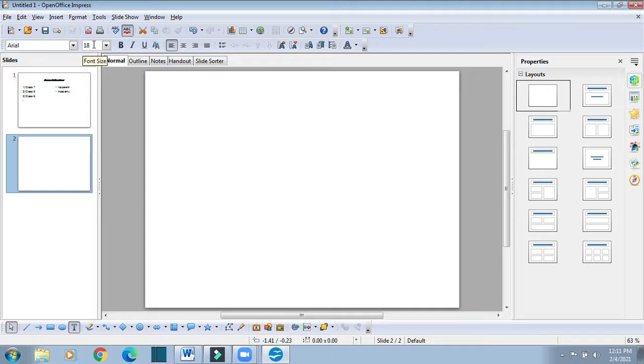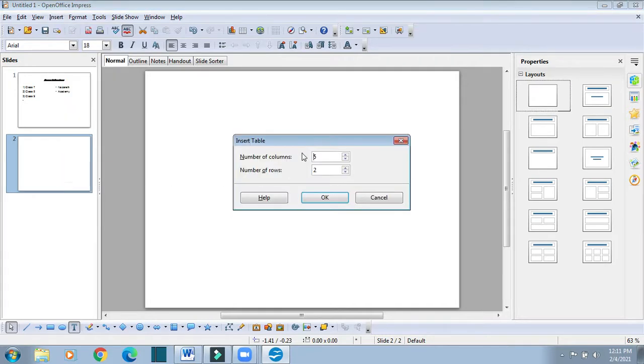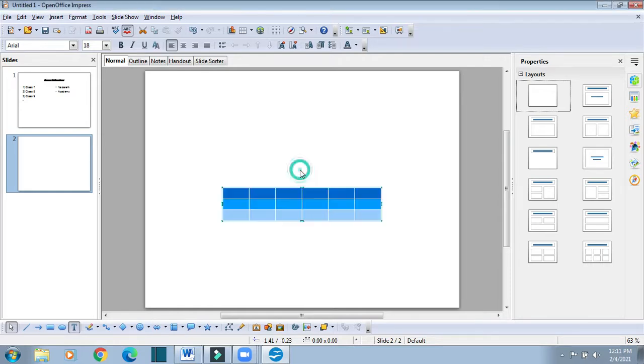For inserting table, the menu will be insert menu, and from here we will select table. Click on table. It will ask us how many number of columns you want and how many number of rows you want. Suppose I want to create a table having 6 columns and 3 rows. Then we will click on OK.